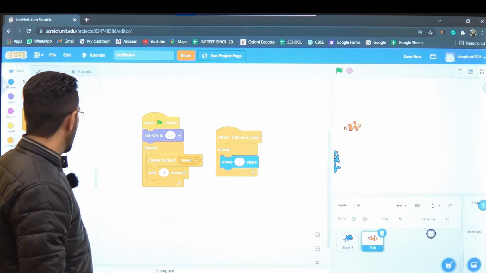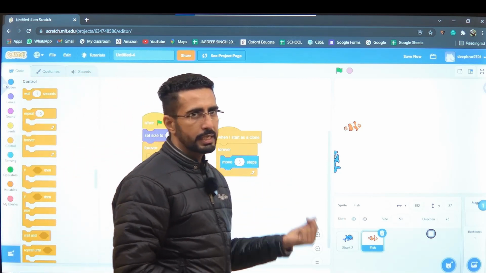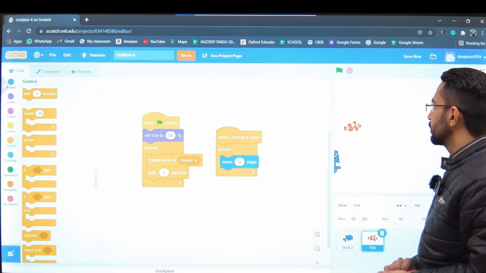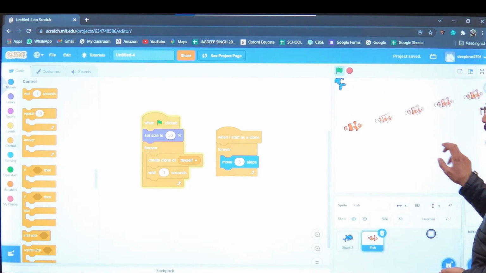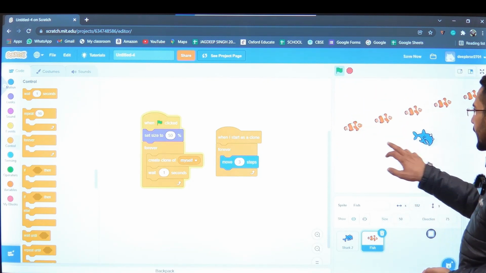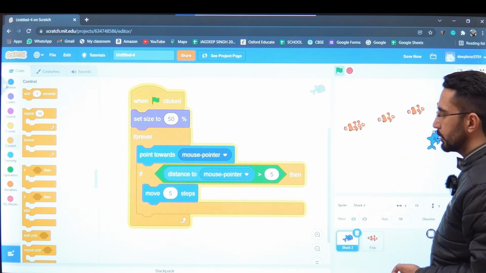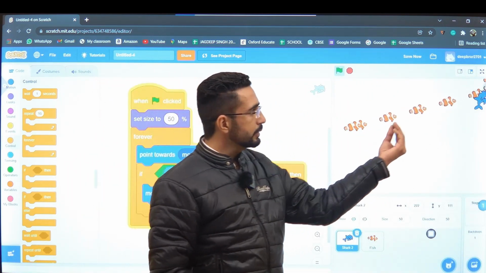For that we have added this forever loop and the move 3 steps. So now click on the play button to check this. So this is our shark, which is moving along with our finger, and this fish is creating its clone and they are moving to the other side, but they are going out